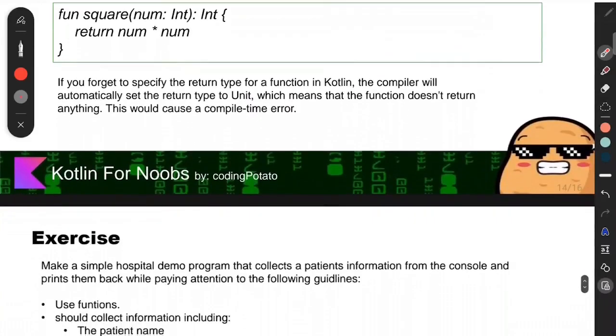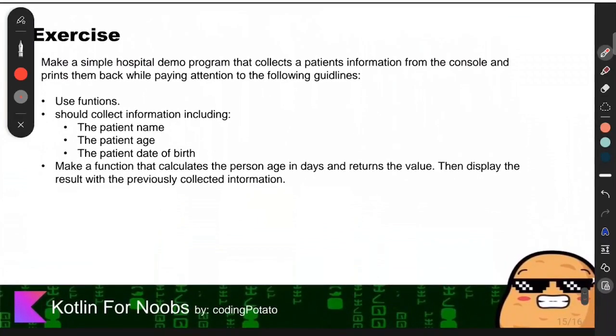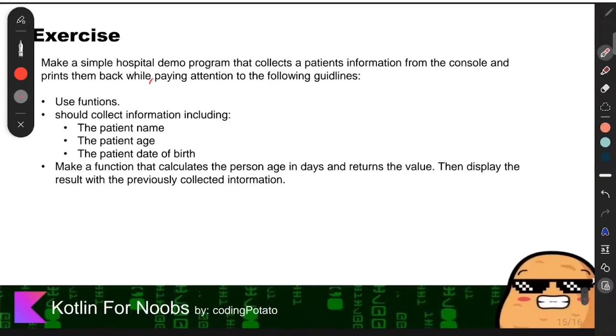So I hope this is clear. And now we can start with our exercise. Our exercise is very nice. It's saying make a simple hospital demo program that collects a patient's information from the console and prints them back. So we do this while paying attention to the following guidelines. The application must use functions, and the application should collect information including the patient's name, the patient's age, and the